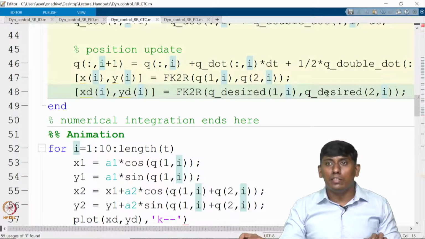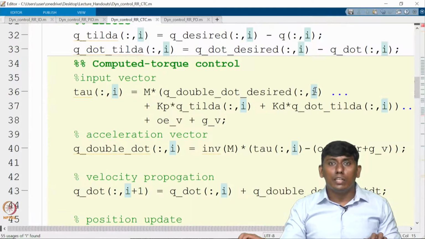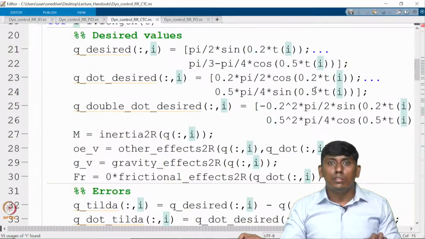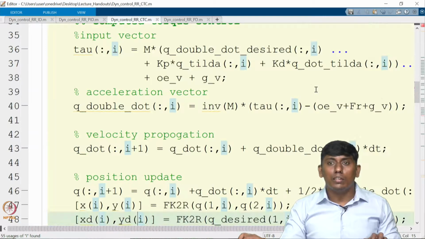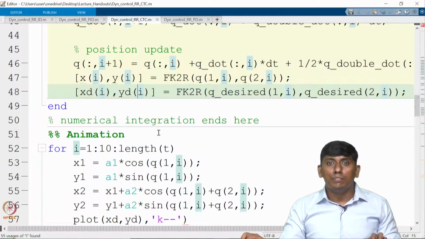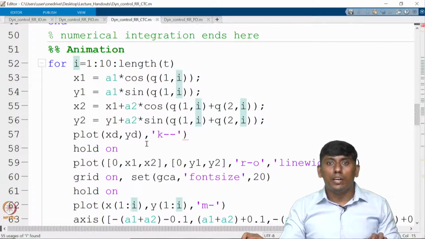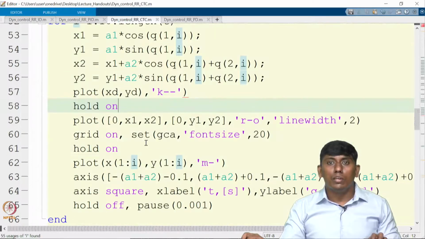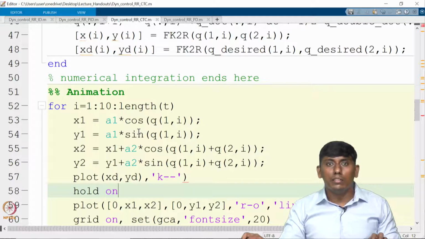I hope this x desired and y desired is derived here. Then we can see q underscore desired, right. So q underscore desired 1 comma I, and this 2 comma I. So this makes this, and we are trying to plot this. Now the x desired and y desired is having